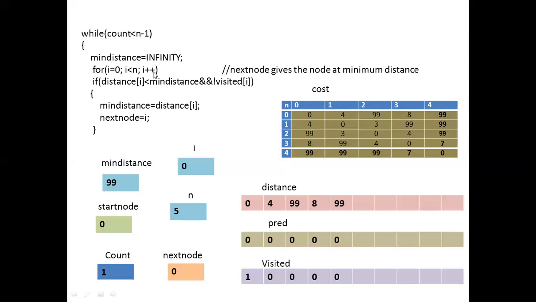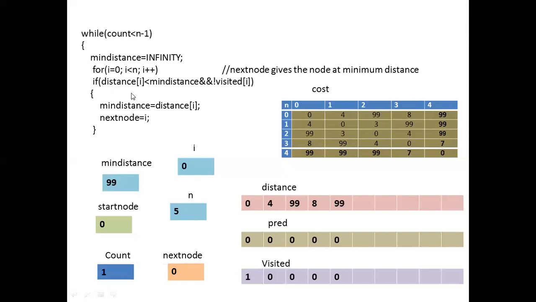After that, what is the next statement I'm using? For i is equals to 0. Now we can observe already we have the memory location for the i variable. So that will be assigned with 0. Then 0 is less than 5. Condition is true. Then what will happen? Controller will enter the for loop. In the for loop, I wrote once again an if condition.